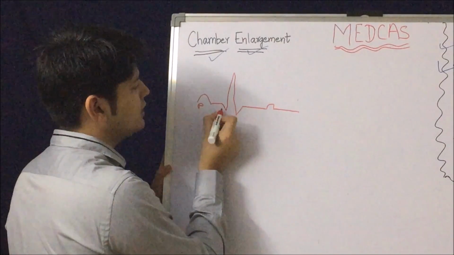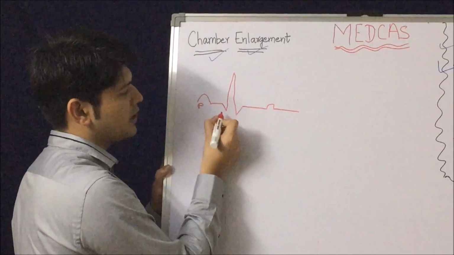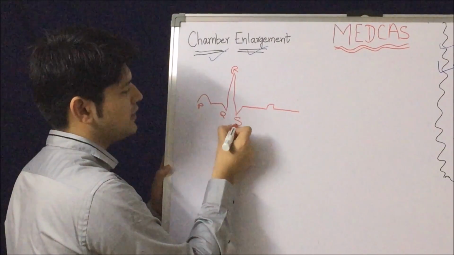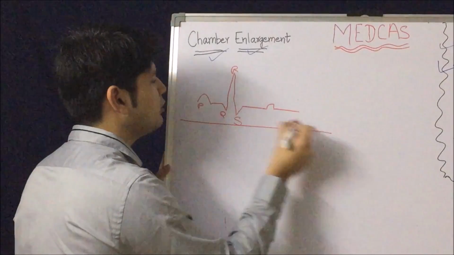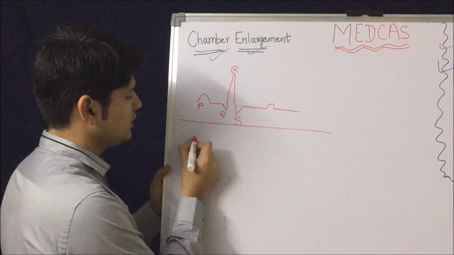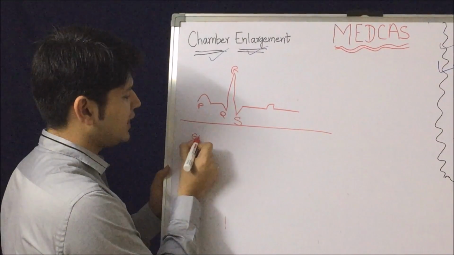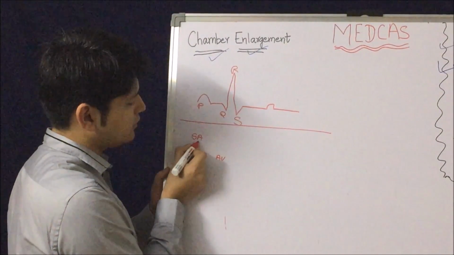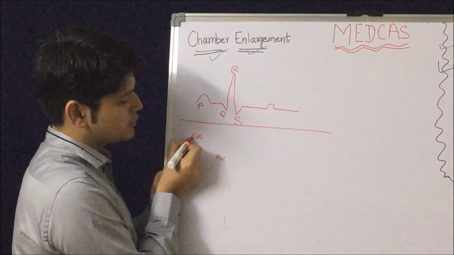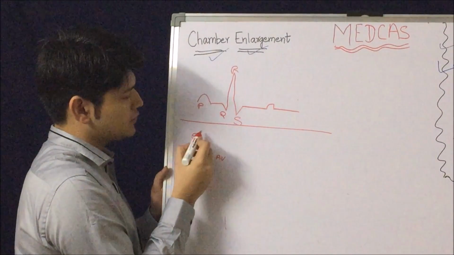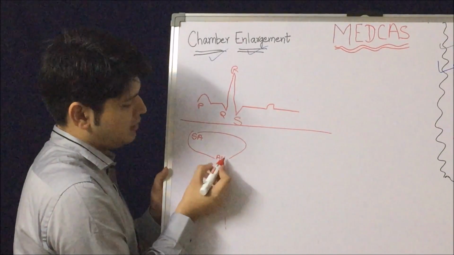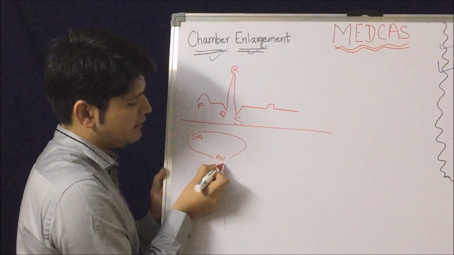So this was your P. Now what we are going to discuss is QRS. This is your Q, then the R, and then the S. Okay. Now when we understood the P wave, we remembered something. The conduction started from the SA node in the right atrium, then it went to the AV node, which is also located in the right atrium. This is superior, this is inferior. So the right atrium and left atrium ultimately convey the current to the AV node.